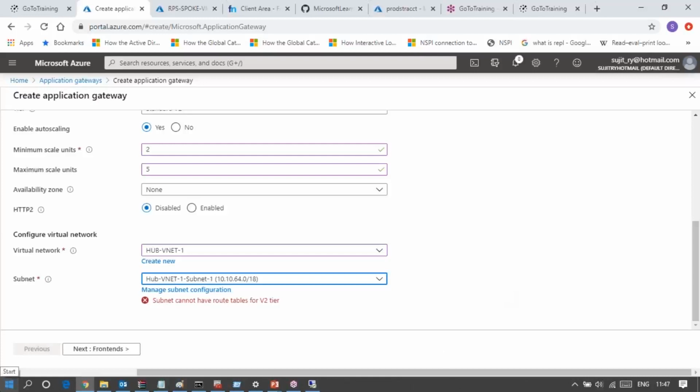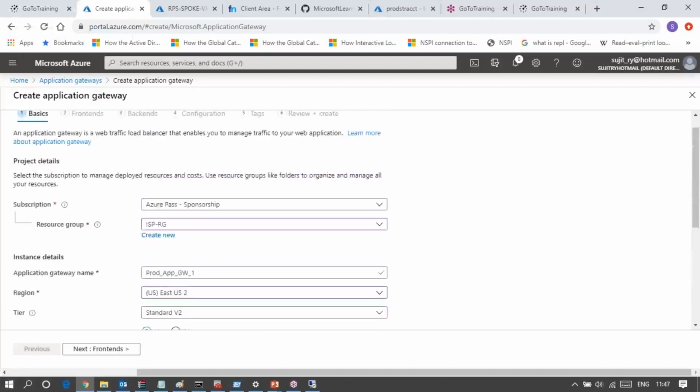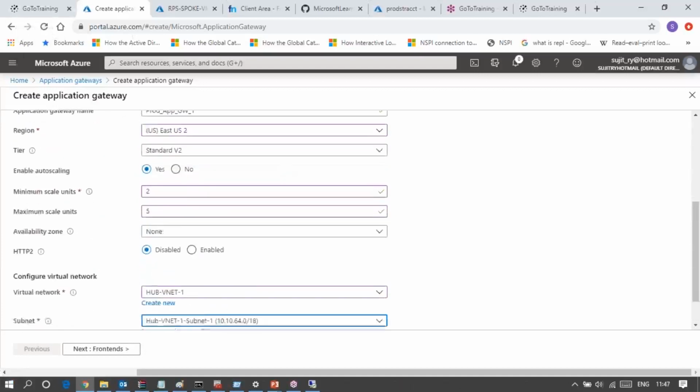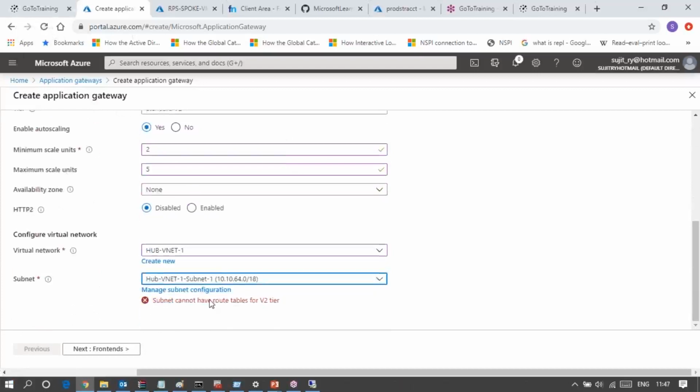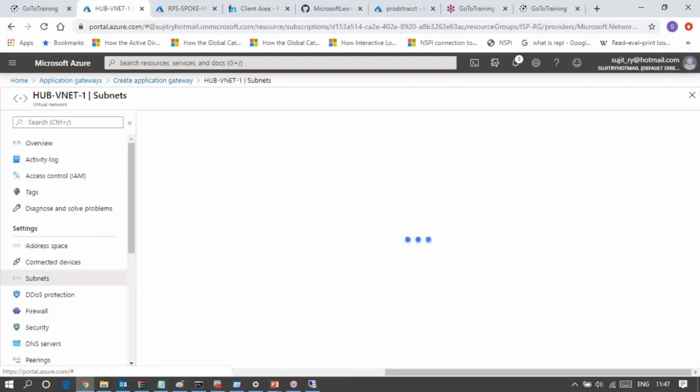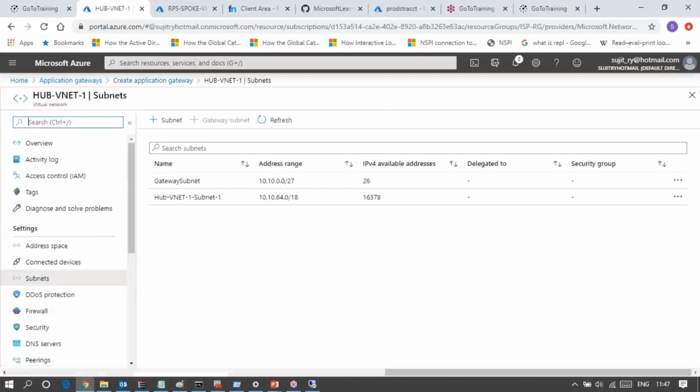Okay, I have a routing table with this subnet. What do I do? Should I create another routing table? Wait for a while. Let me create another subnet.